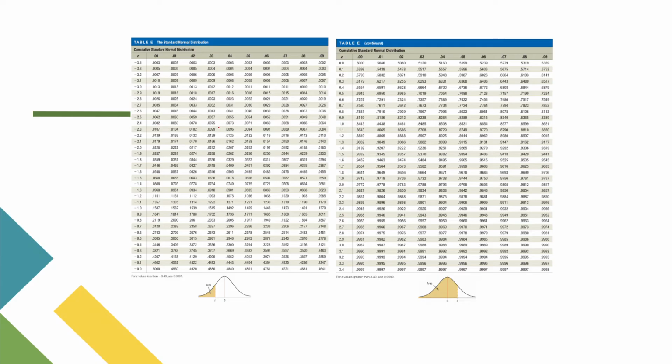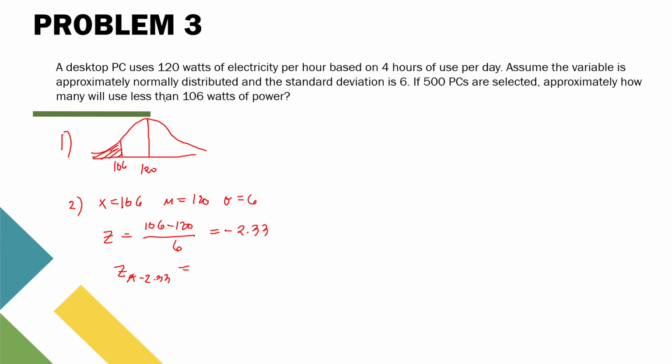negative 2.33 here is 0.0099. Since this is to the left of the z, this one is now the area given. Do not subtract it from 1, because the area given is